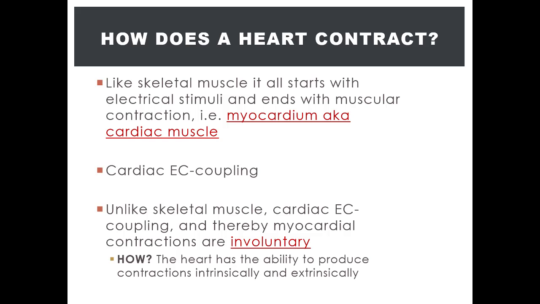So in summary, the intrinsic mechanisms, which again are in the heart itself, keep the heart contracting by itself at a resting rate, also known simply as resting heart rate. In certain situations, the extrinsic mechanisms through the autonomic nervous system can provide further stimulation to increase the rate of contractions or heartbeat. In other words, to increase the heart rate. And one of the major reasons why the heartbeat is involuntary is because these intrinsic and extrinsic stimuli are involuntary.